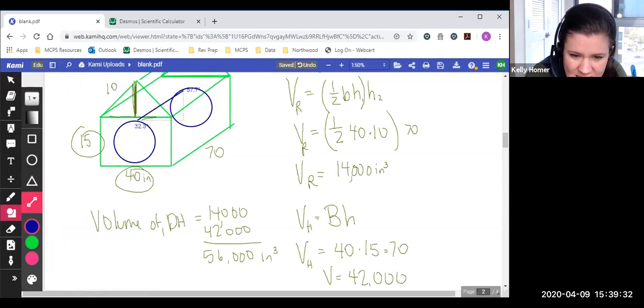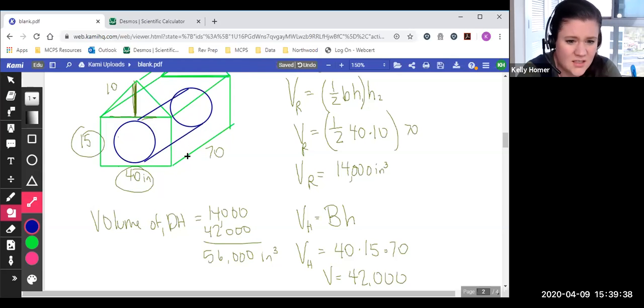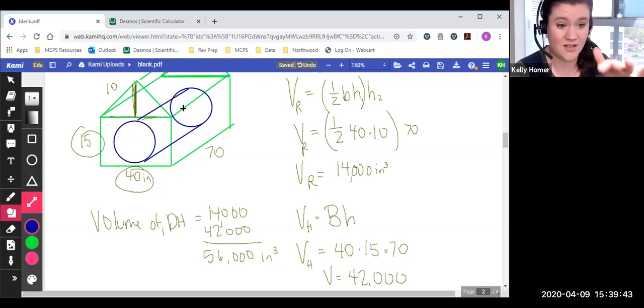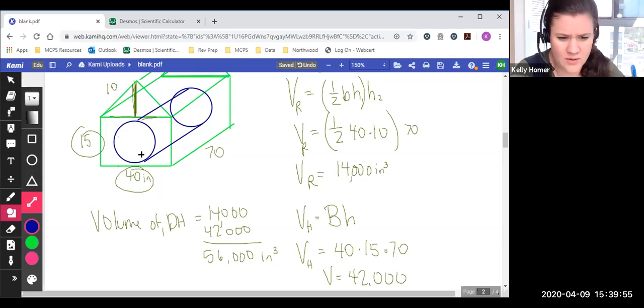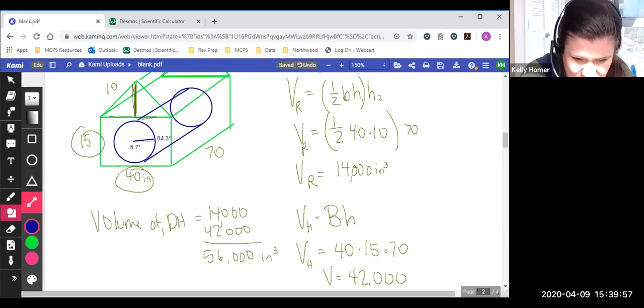Okay, so say that this cylinder got cut out, for whatever reason. So there's a big, you know, they live in a tube. I don't know, maybe it's a hamster house, you know, like those hamster things, and this is just where they are. So right now the volume may be 56,000 cubic inches, but then we cut out, so that's like if it was solid, and this is if I drill out a big hole, and we're going to say that this radius here